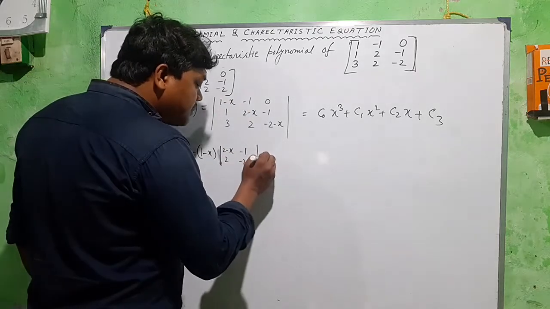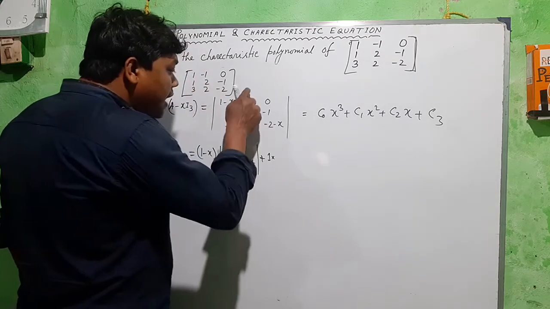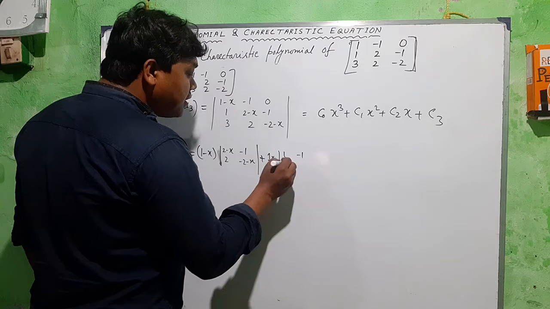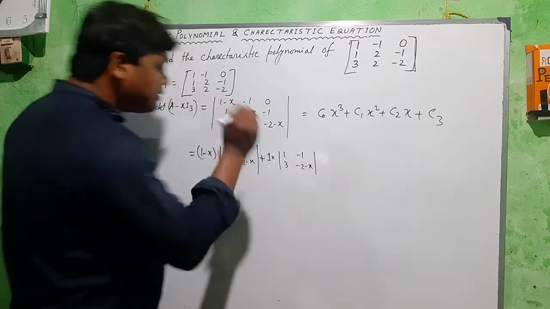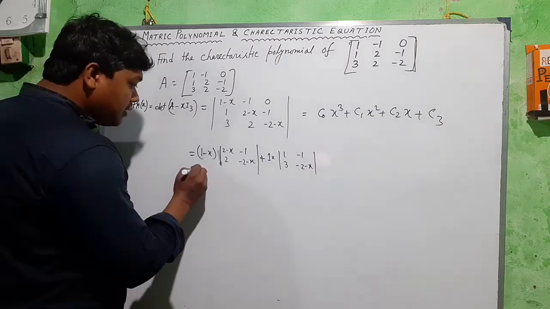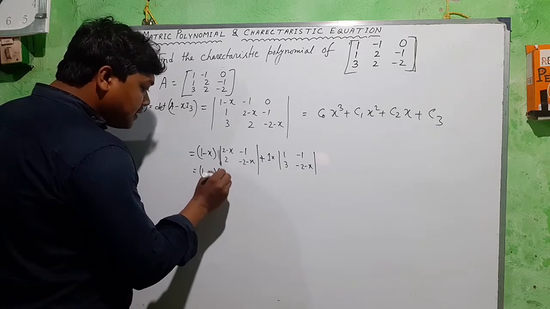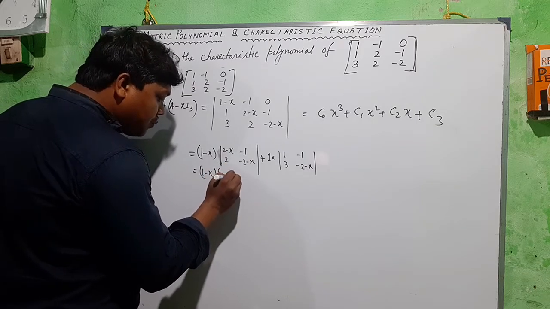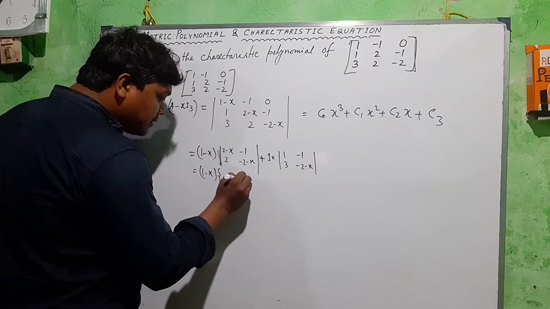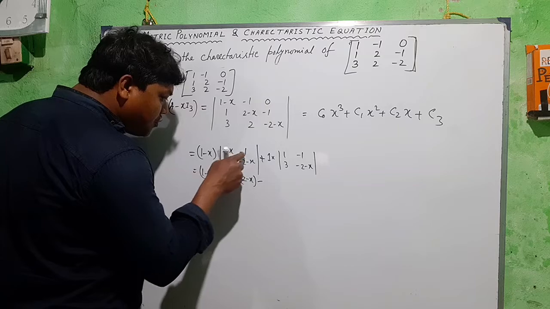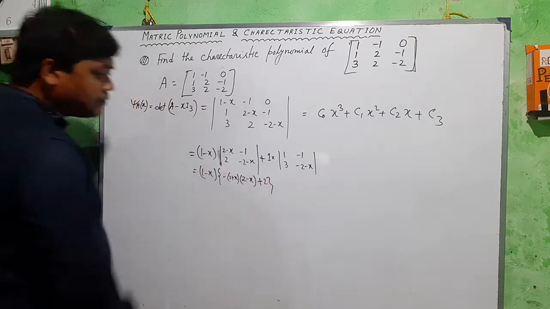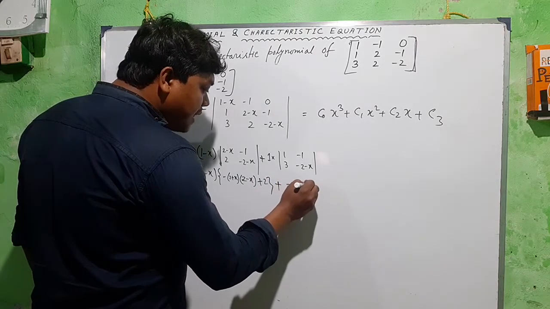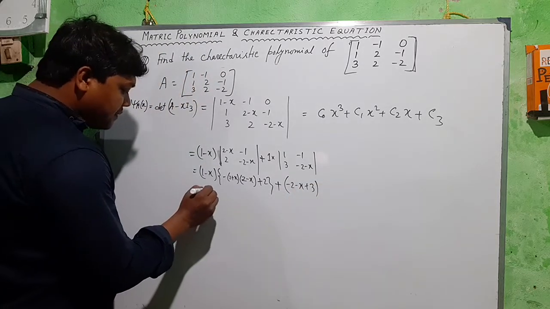Minus of minus 1, that is plus 1 into, if I delete this column and this row, what remains is 1 minus 1, 3 minus 2 minus x. Then we simplify: 1 minus x, 2 minus x, minus 2, minus of 2 plus x into 2 minus x, minus of 2 into minus 1, that is minus 2 minus minus 2 plus 2 plus minus 2 minus x plus 3. After some simplification, 1 minus x,